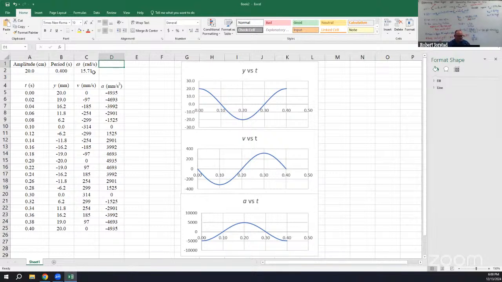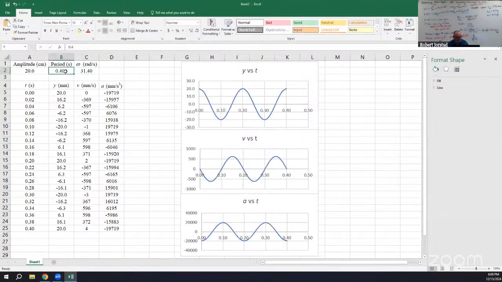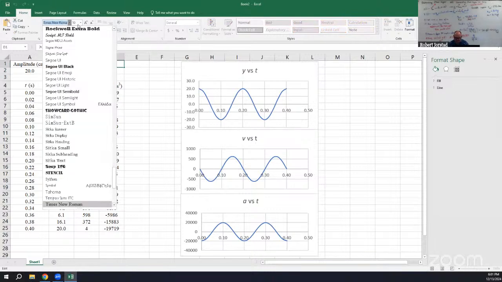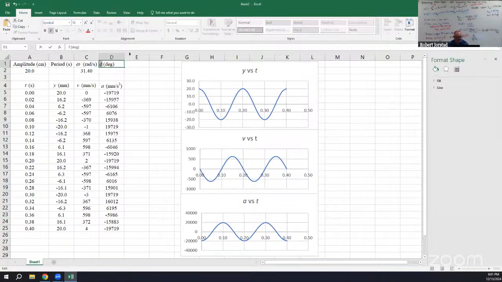What was this thing? It was 31.4 radians per second. I'm going to delete this. And then I need phi, and I'm going to type it in degrees. The way I get the phi symbol is F in the symbol font, SYM. And I'm going to press Ctrl+I for italics for the variable. I'm going to copy this, Ctrl+V. So I'm going to get it both in